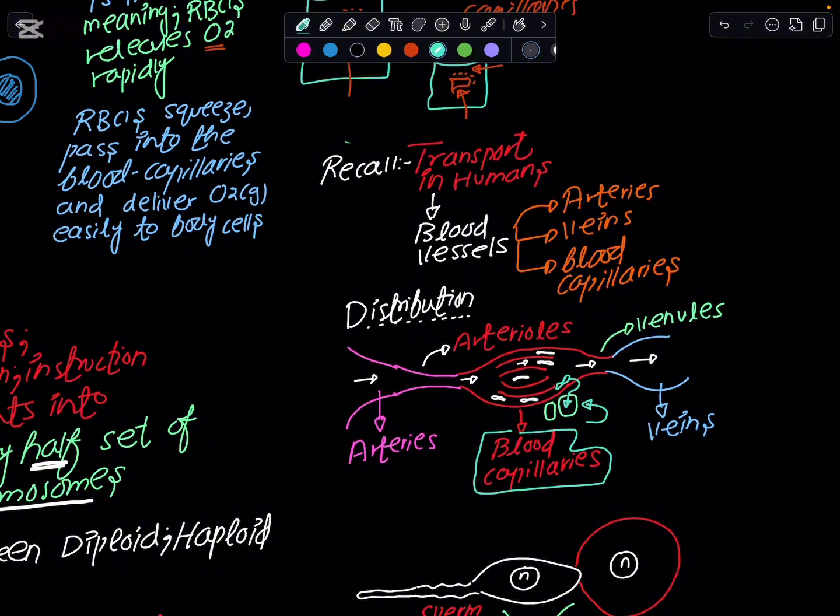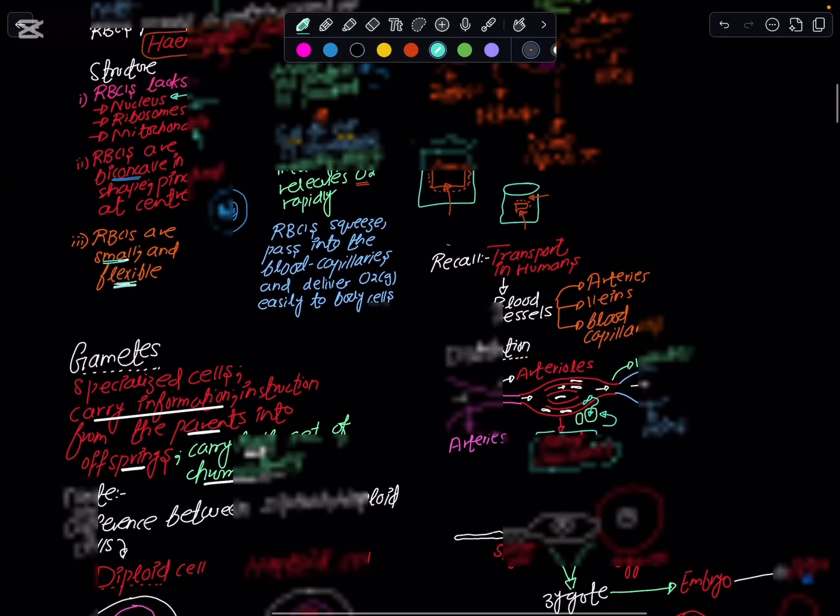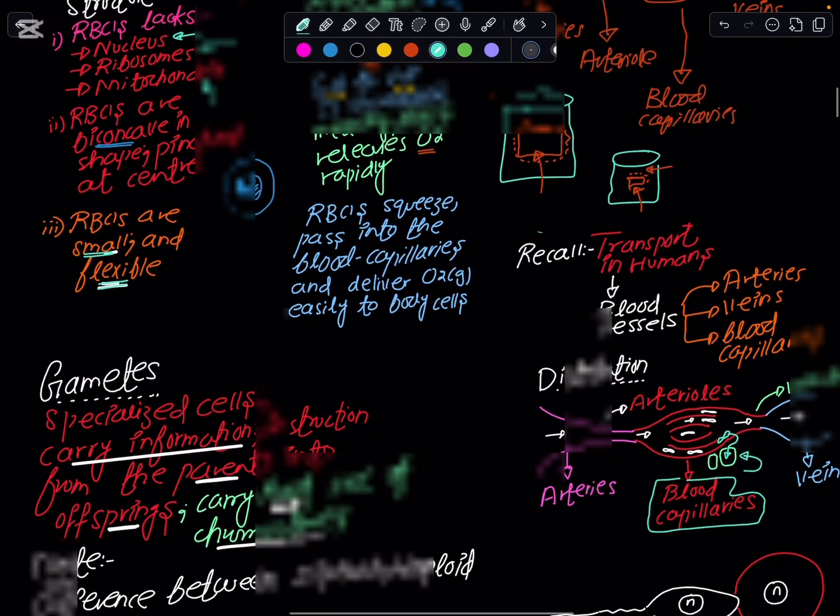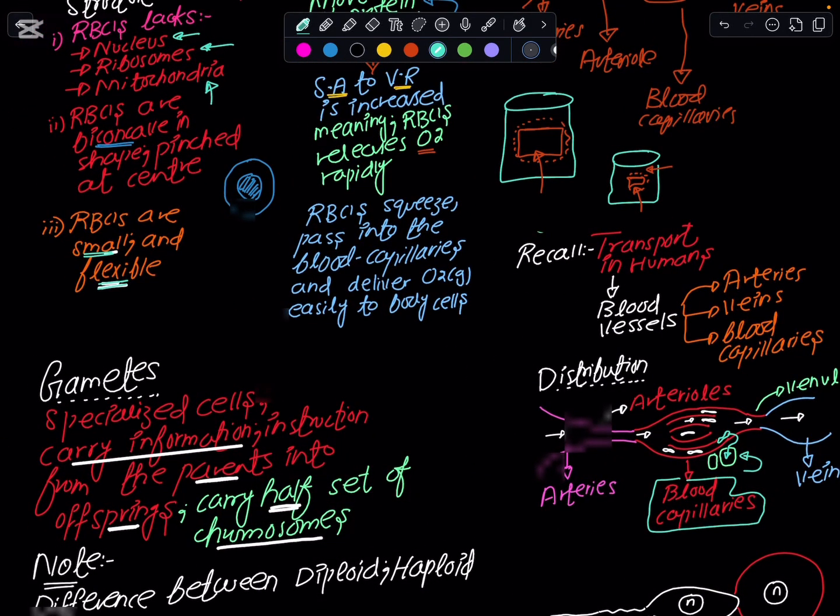In this way, the cells get more oxygen gas, or a rapid supply of oxygen gas. So by red blood cells being small and flexible, we say that they are able to squeeze easily through the blood capillaries, and that allows them to deliver more oxygen gas to the surrounding body cells. So this was the first specialized cell, which was the red blood